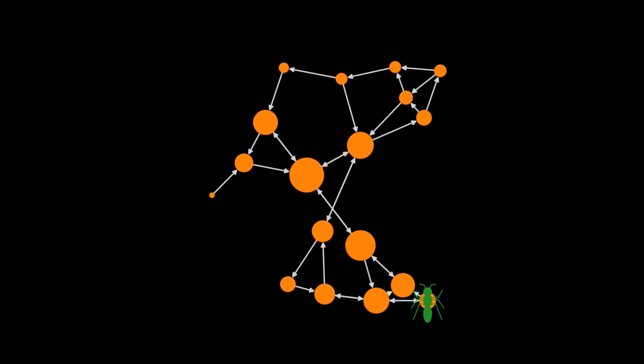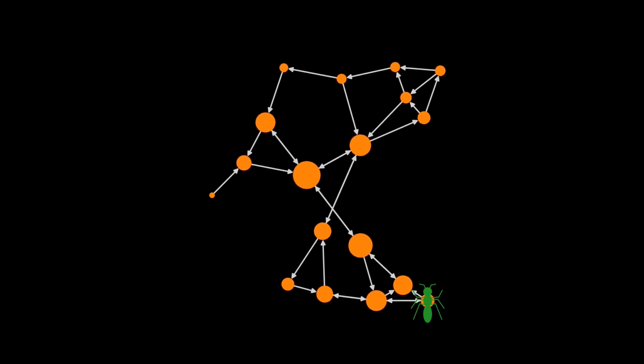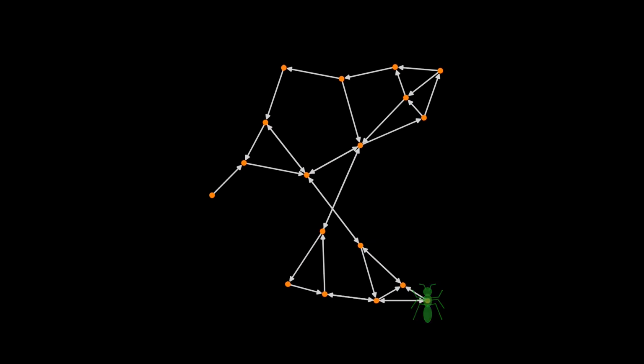Sometimes we saw the ant get stuck in densely connected bits of the graph. Other times there were nodes that the ant couldn't visit because they didn't have any incoming links. To avoid this, we can give the ant the ability to teleport. We say with some small probability that the ant can teleport to any node and set the random walk going